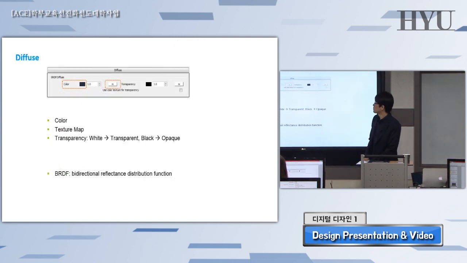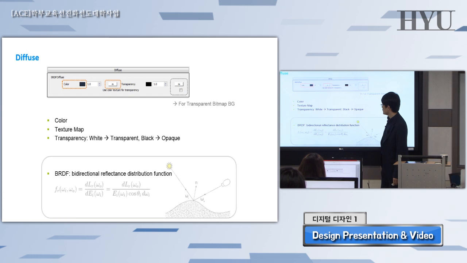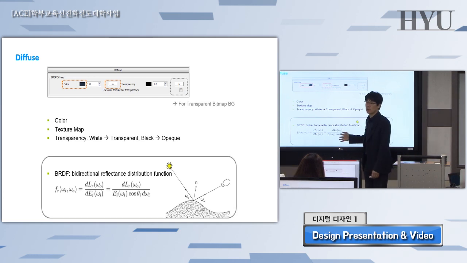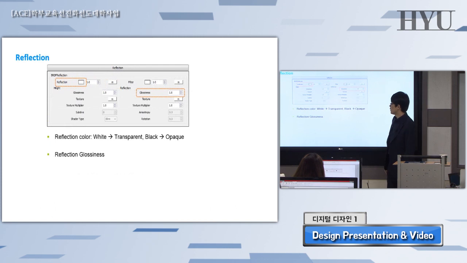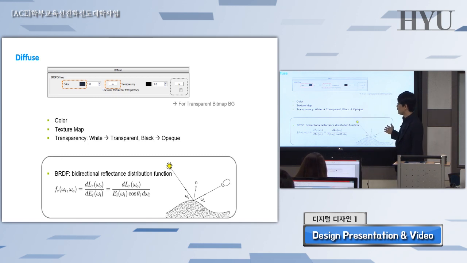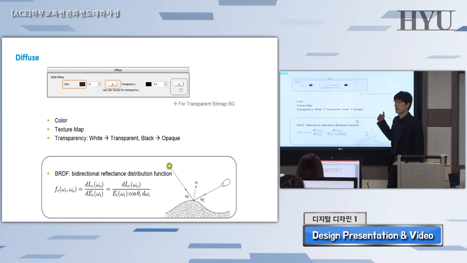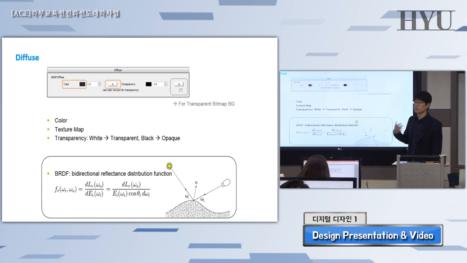Under diffuse, intensity and color and texture map. That's all, okay? For calculating this kind of complicated equation by computers. Fortunately, we don't need to take care of this kind of equation simply because computers are in charge of doing this type of complicated calculation. What we need to do is take advantage of this kind of easy interface. That is why I'm always saying they are easy, just interface issues, okay? Originally, they are really complicated. But thanks to V-Ray, mental ray, or others, we can take advantage of